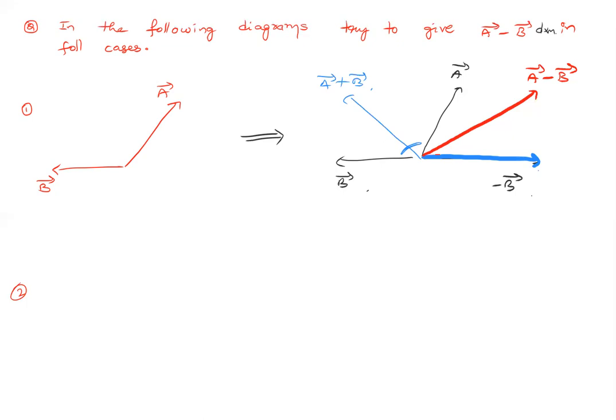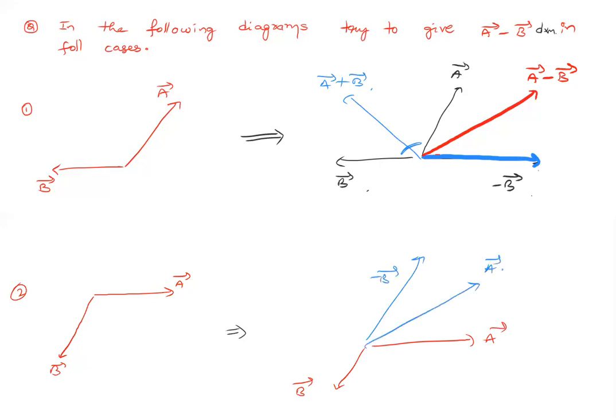Now let us take one more example. This is a bar, this is b bar. Now a bar minus b bar is what is required. So separate figure to have clarity. So this is your a bar, this is your b bar. Now your minus b bar is above, so a bar plus minus b bar is this way, that is a bar minus b bar is here. Okay, right? Next, one more example.